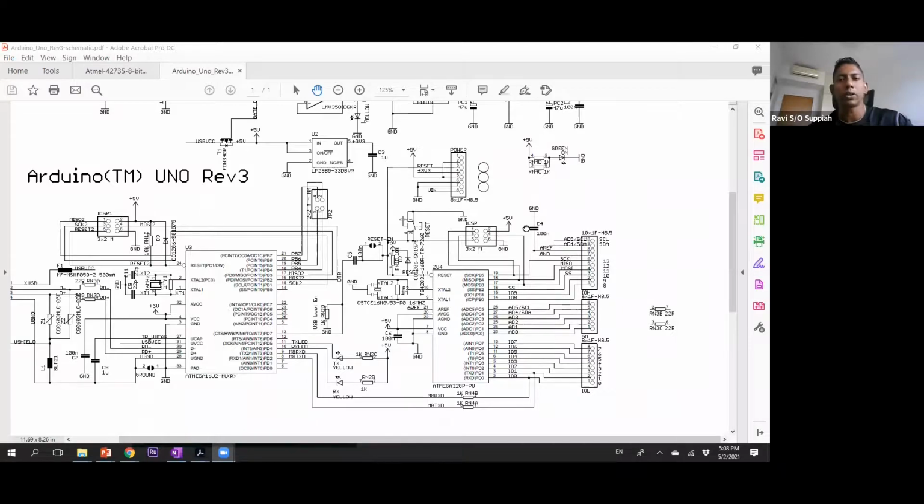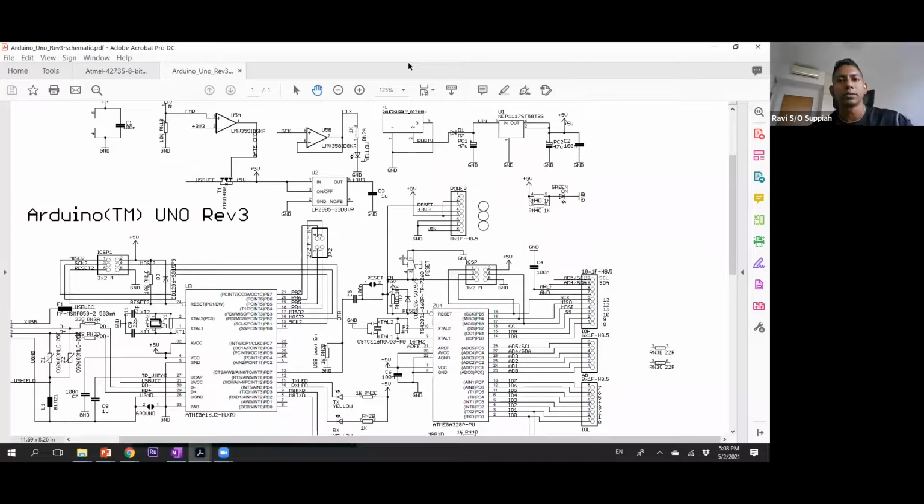Put it this way, your microcontroller or the Arduino Uno runs on how many volts? What is the supply voltage?